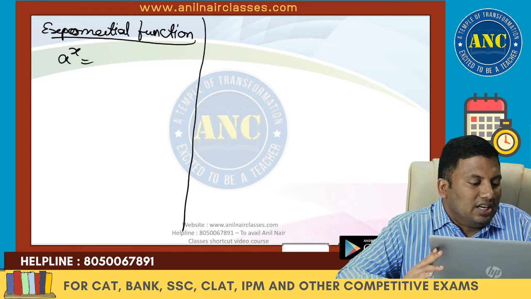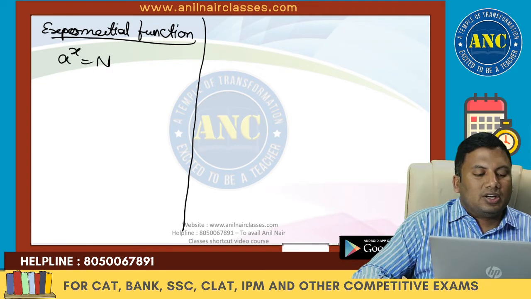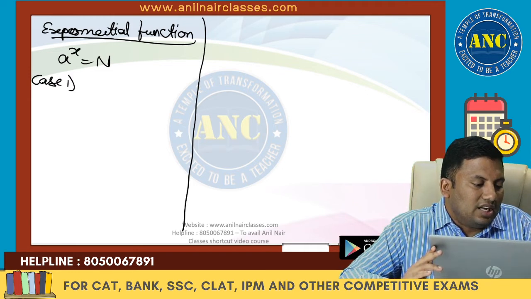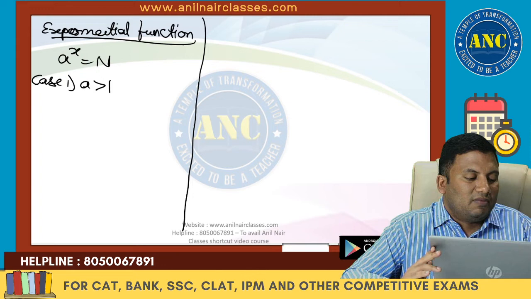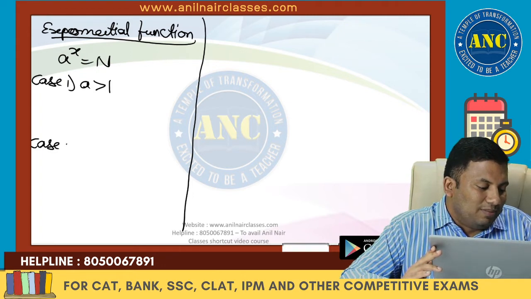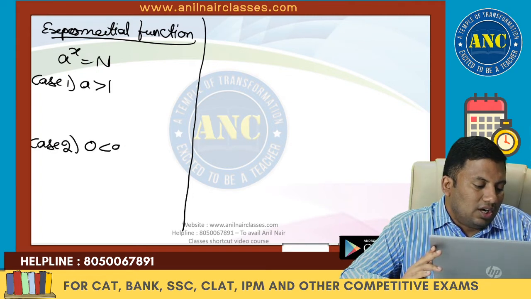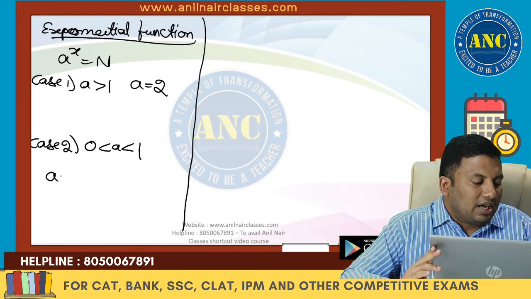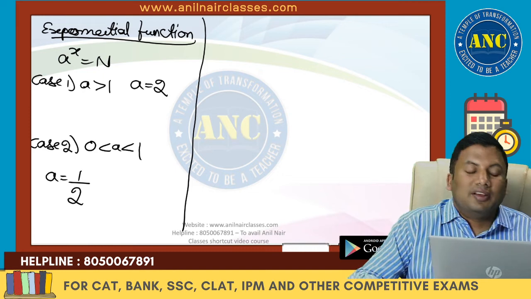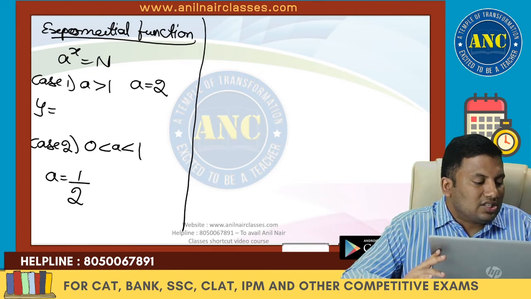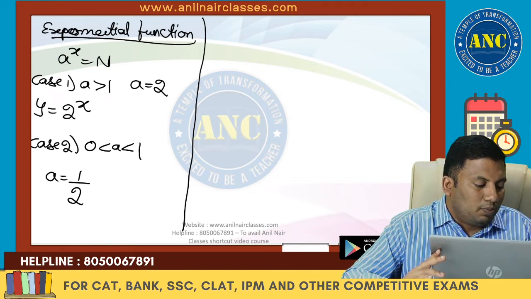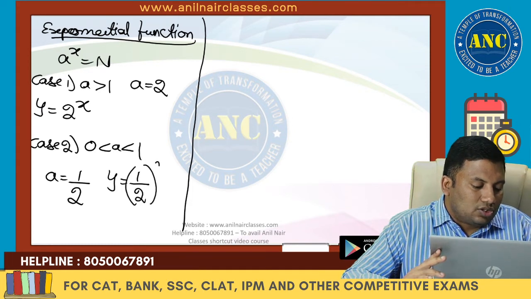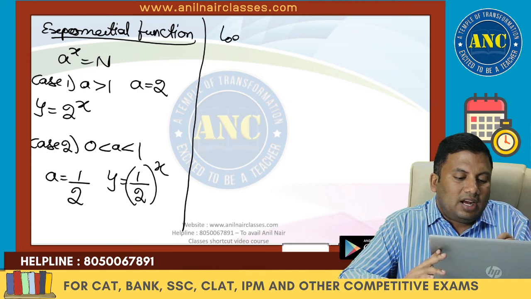Suppose a power x equivalent to n. Case 1 is a greater than 1. Case 2 is 0 less than a less than 1. A can be 2 here, or a can be half here. Am I right? Any value greater than 1. So this case will be y equivalent to 2 power x, and this case will be y equivalent to 1 by 2 power x. Similarly, in a logarithmic function,